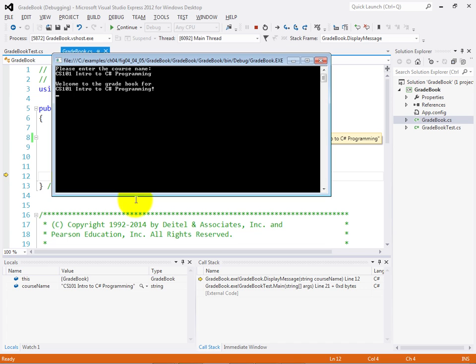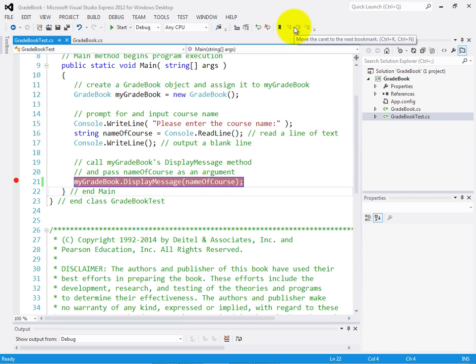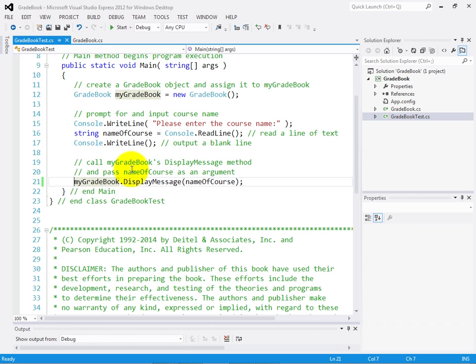And again, if I continue by stepping back into Main, now it's showing me once again in the Locals window the variables that are currently in scope inside of function Main. We can see that we've returned from the DisplayMessage method, so the call stack now contains only Main, and now we're about to end the program's execution, at which point the IDE returns to editing mode instead of debugging mode. So the main difference in this example was just showing you that indeed a method of a class can